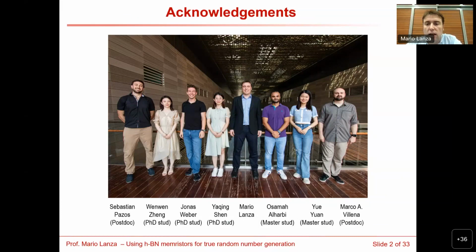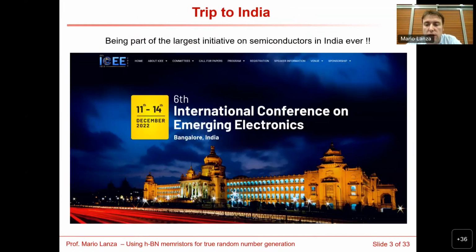And I hope I can put more people in my group. I can put one, at least. I'm interested in bringing at least one member from India. So I will be at a conference in India soon, in Bangalore, in December. So I hope to meet people from the community there and try to establish more connections, collaborations, and bring people